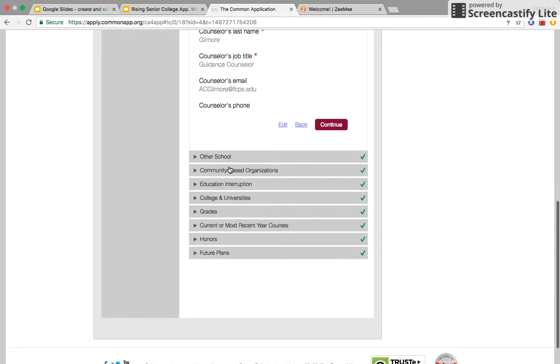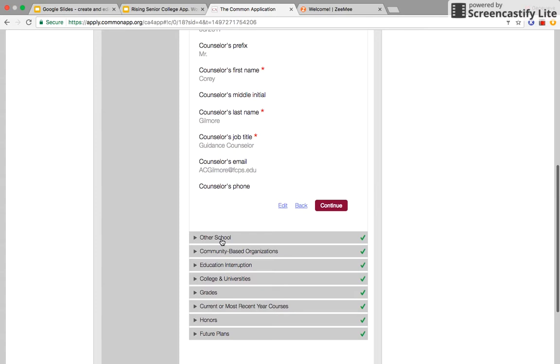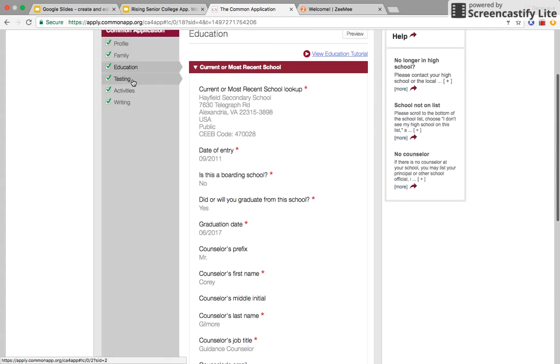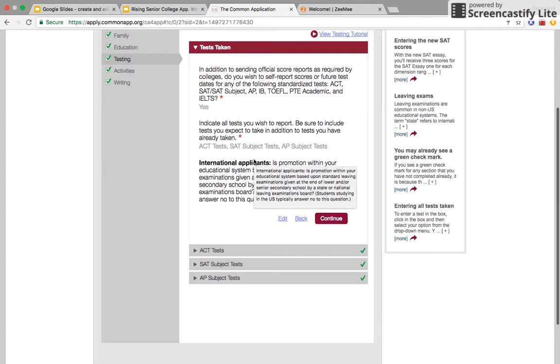You're going to need to know your counselor's email, and it's going to ask about your grades, the classes you're taking your senior year, and what classes you took of honors, and other questions like that. Then you're going to have a section with all of your tests, and you can enter all of your test scores. Be aware that some colleges ask you to send all of your test scores,